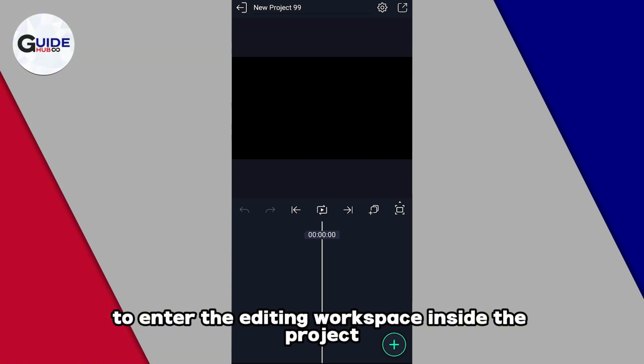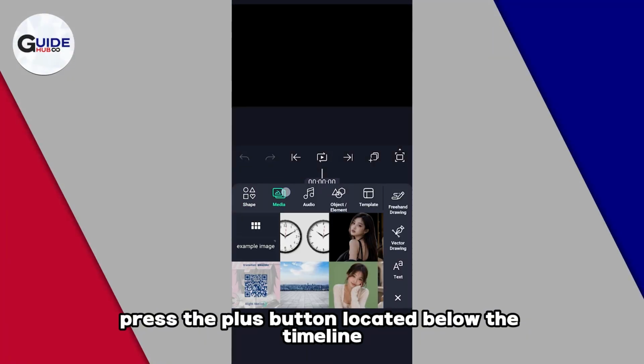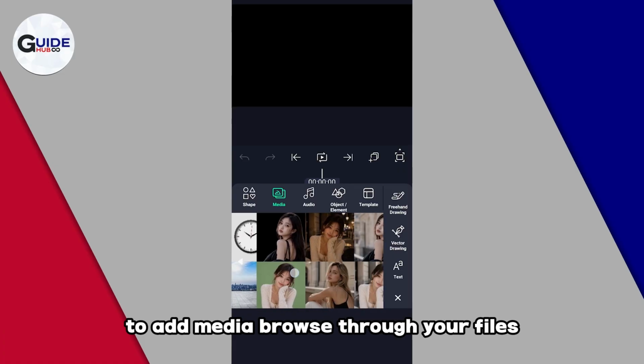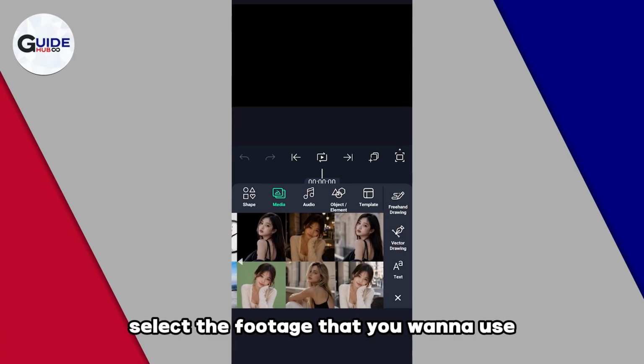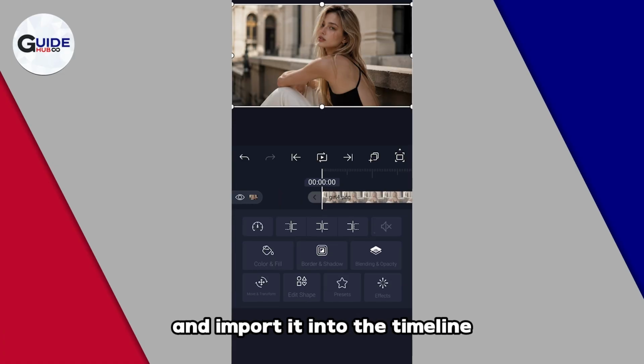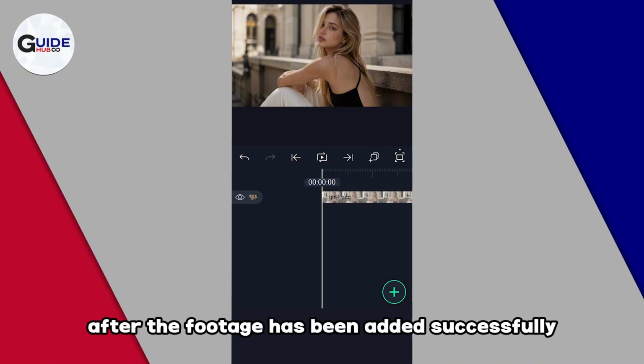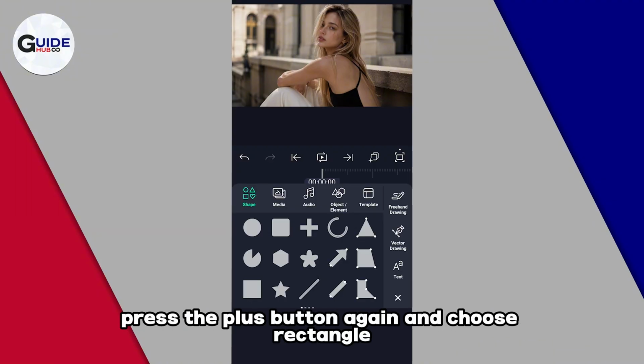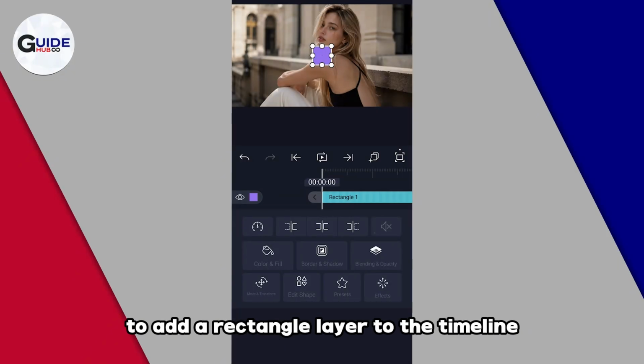Inside the project, press the plus button located below the timeline to add media. Browse through your files, select the footage that you want to use, and import it into the timeline. After the footage has been added successfully, press the plus button again and choose Rectangle to add a rectangle layer